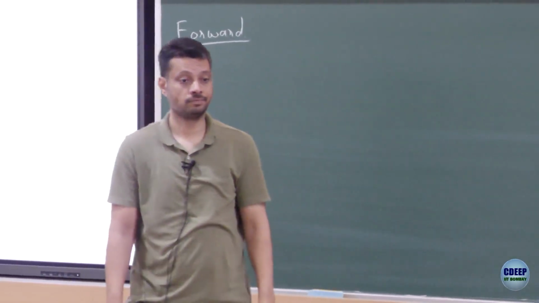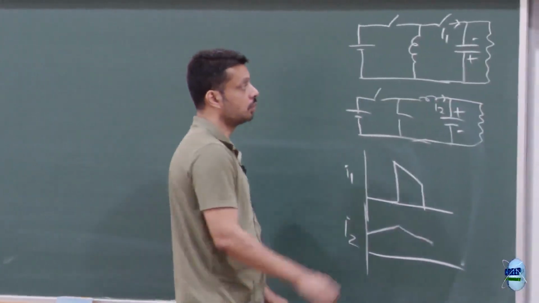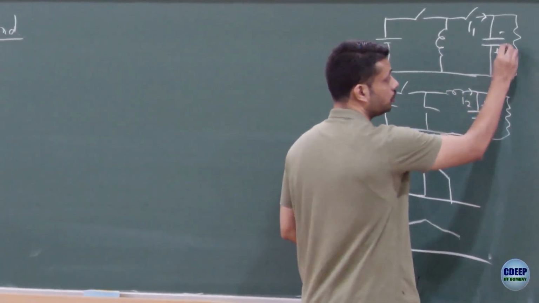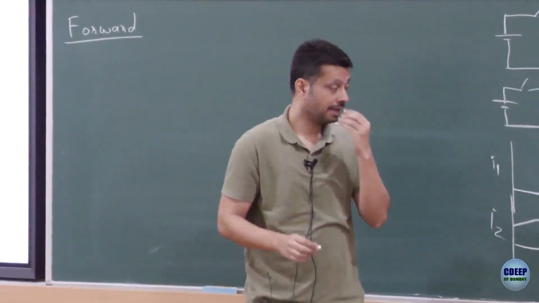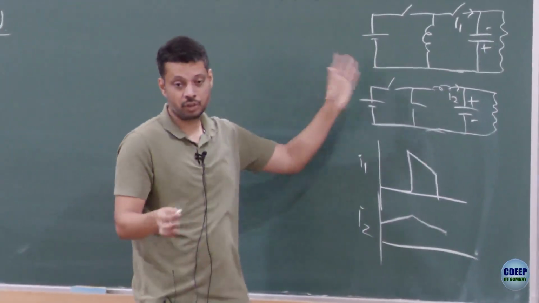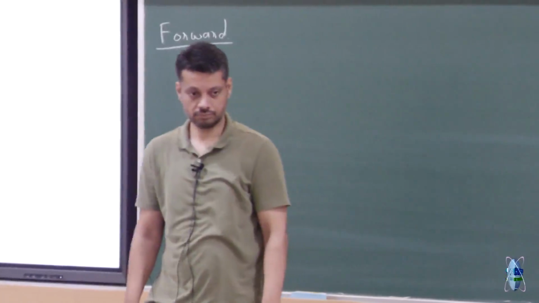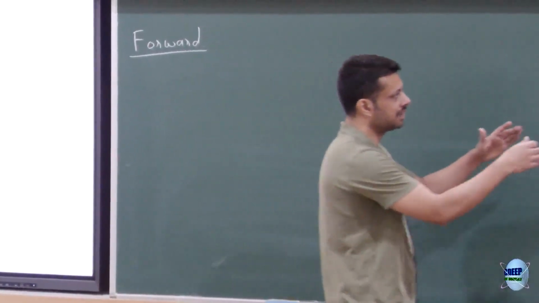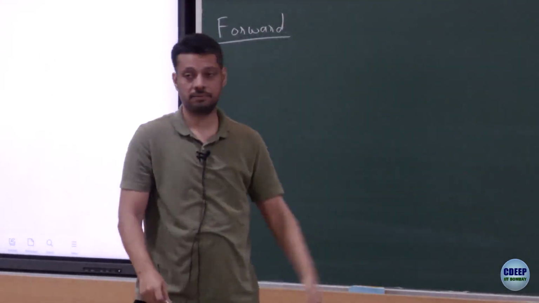In buck boost, we are concerned with the I1 ripple, not with the inductor ripple. Finally, we are worried about the output voltage ripple, because that is what gets applied to your load, and we are worried about, of course, the input voltage ripple, because that is what gets applied to the source, if your source is sensitive. Whatever happens inside the converter is still fine, it happens within a box, but you are worried about the output and the input side, because that's what interacts with other systems. Okay, any question here?